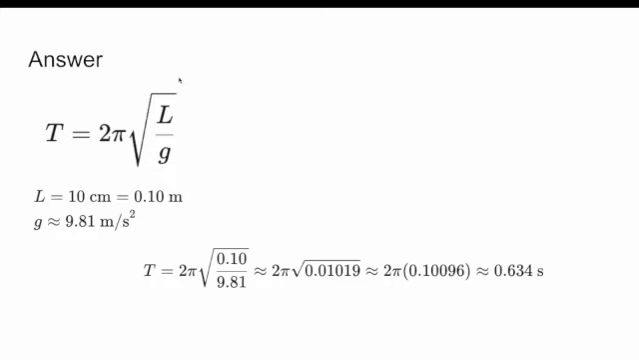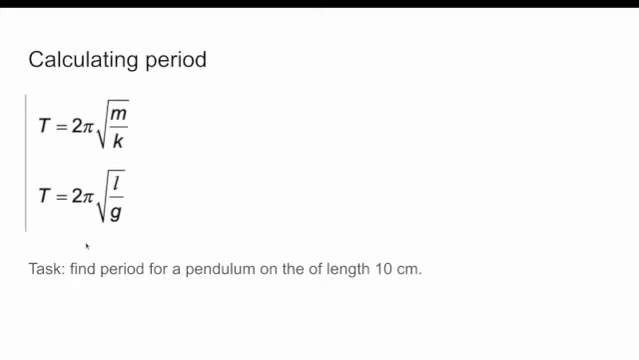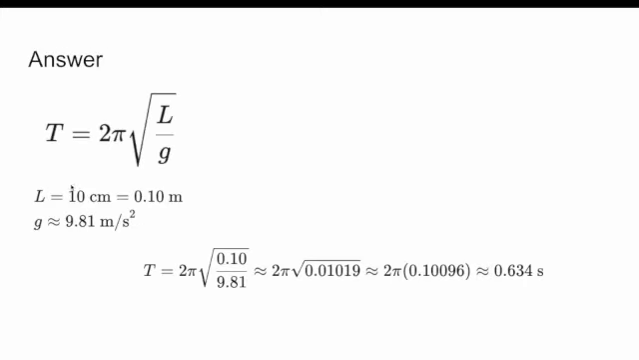Okay, so the answer is we use this formula right over here because it's a pendulum and not a mass spring system, so there's no spring constant. The pendulum has length 10 centimeters, and if you remember, length is always measured in meters, so we have to convert that to 0.1 meters, and we know that gravity is 9.81 meters per second squared, so we plug those two numbers in, so it's 2 pi times square root of 0.1 divided by 9.81,